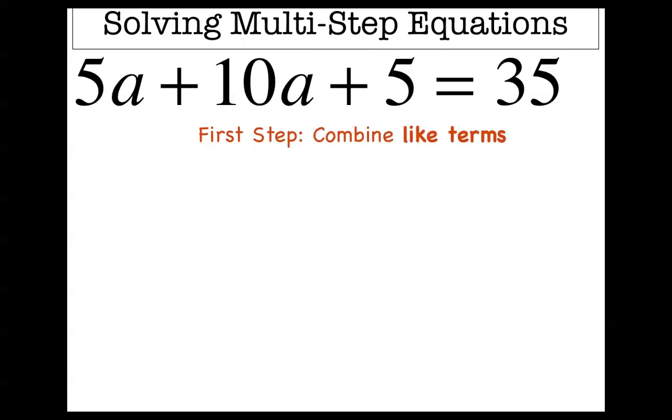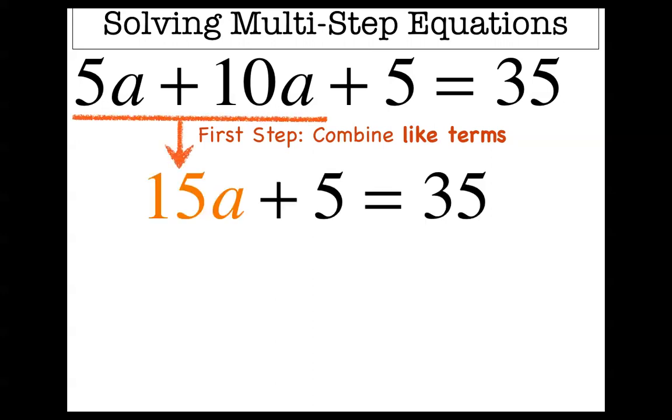So in this case, our first thing is we got 5a plus 10a. We've got 5 apples plus 10 apples. We're just going to say that's 15 apples, right? So we're going to simplify this whole equation by just combining the like terms together and making it shorter and